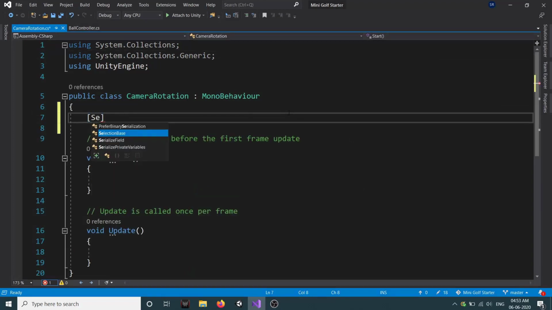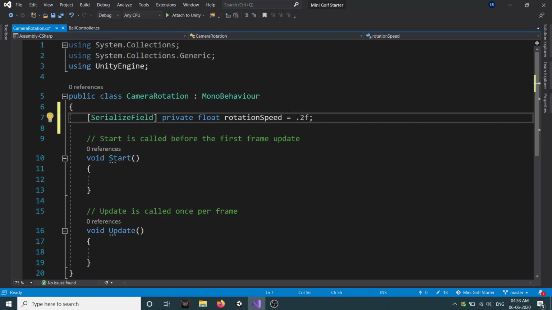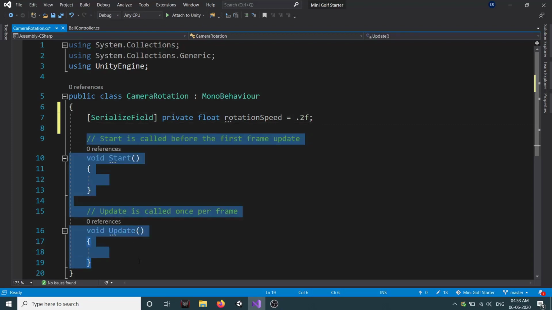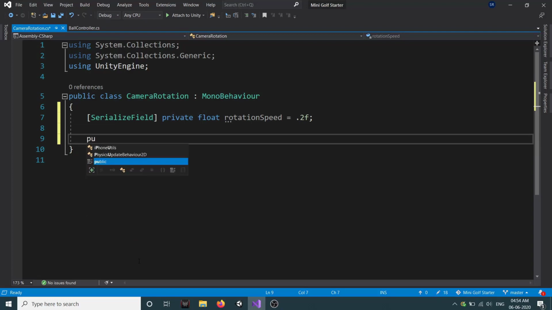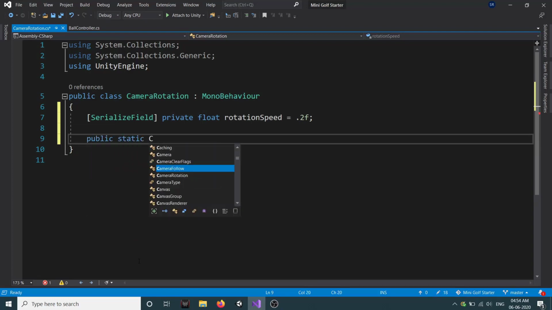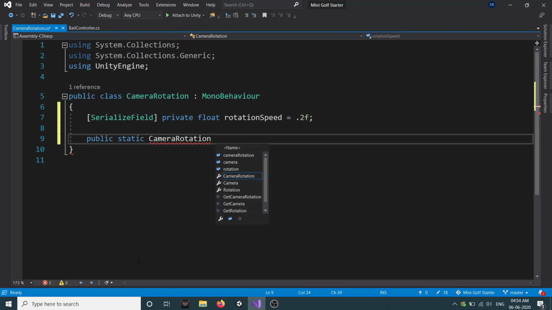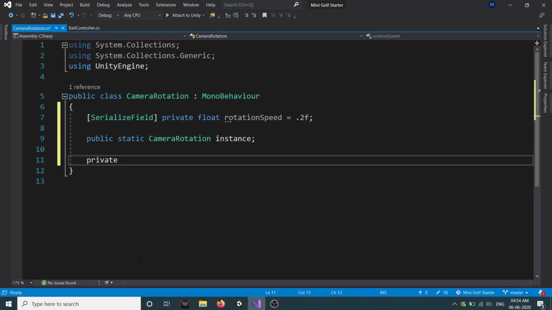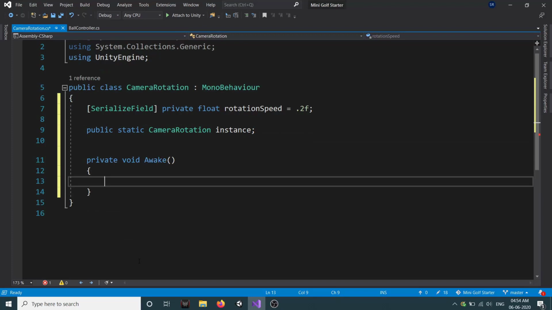So here we will create a serialized field, private float rotation speed, which will be equal to 0.25. We don't need our start and update, so we can remove them. Then we will create an instance. So public static camera rotation instance, and in awake we will set our instance.